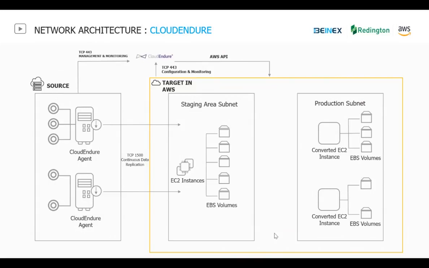And once you build the staging area, and once you initiate the continuous data replication, you can then define your DR subnets, where the DR servers will be launched, which subnets to choose from, and your targets can be launched accordingly, right? So as we move to the next slide, we'll see what the scenario will be before disaster recovery, and what is the expected outcome after the cutover. We'll understand in the upcoming slides.